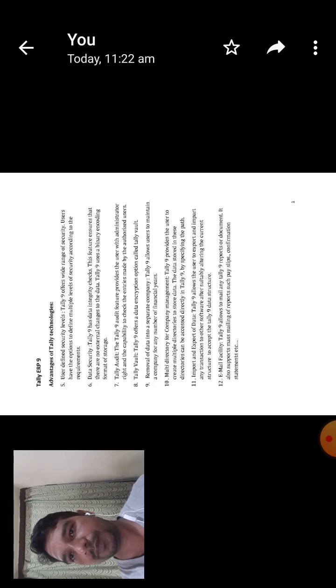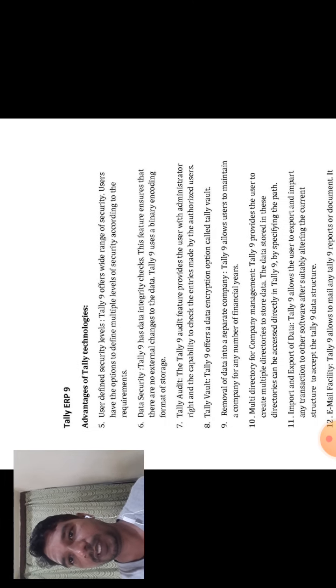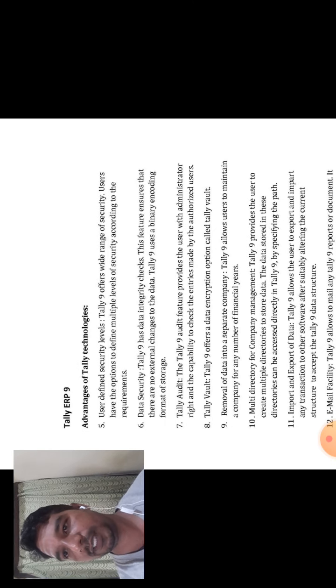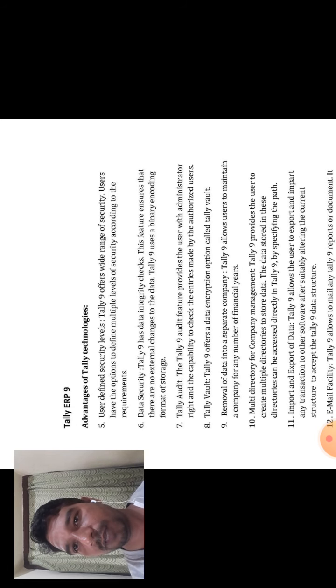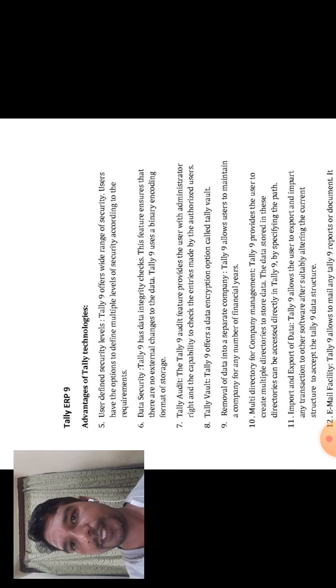The fourth one is data reliability. Tally 9 offers reliable data. It uses a flexi field, flexi length, self-indexed file structure for an extremely compact and fast database. The fifth one is user defined security levels. Tally 9 offers a wide range of security.